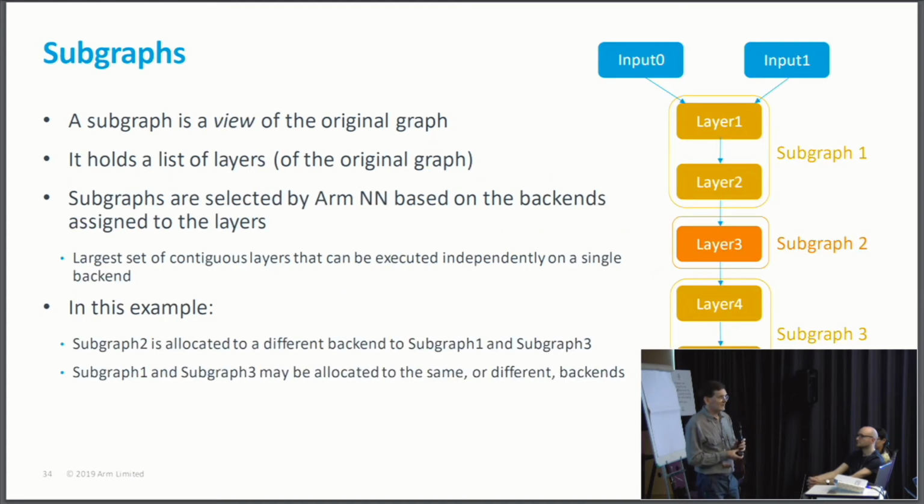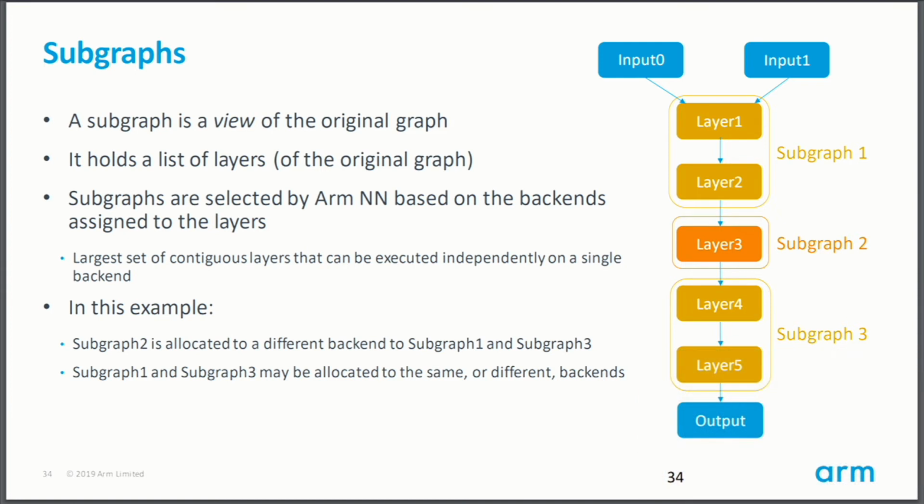So we've mentioned subgraphs a couple of times already, so it's probably worth explaining what we mean by a subgraph here. A subgraph is just a portion of the original graph that holds a list of layers from the original graph that are contiguously assigned to the same backend. It's the largest set of contiguous layers that can be assigned to a single backend. So in this example here,